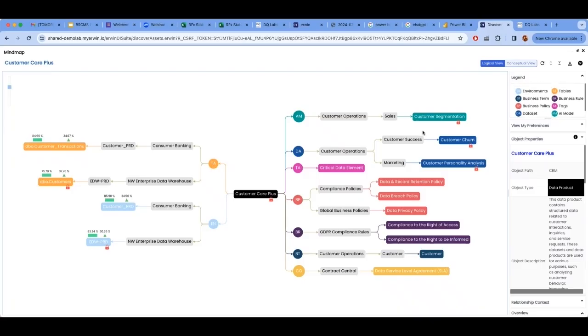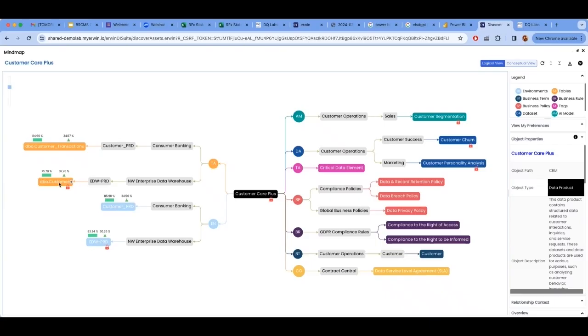So again, this view gives me a very good overview at a high level. It means what happens if I request access to this data product, what are some of the policies, what are the tables, etc. But let's assume I want to drill in further, let's assume I'm really interested in where this data is coming from, how is it calculated. So I'd like to see the lineage. I'd like to drill into more details before I get my hands on this product, right?